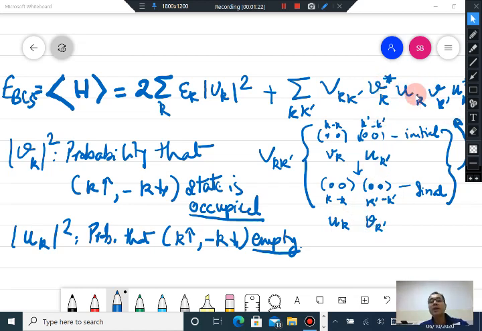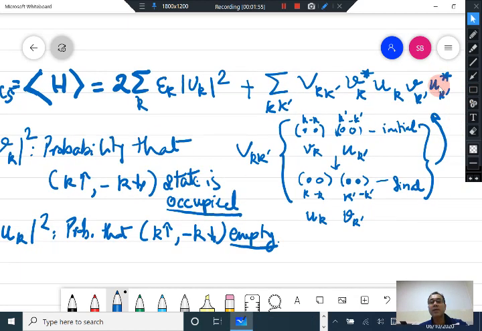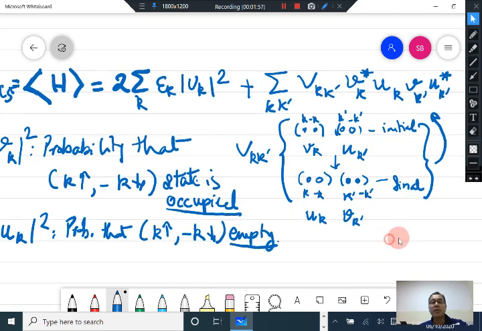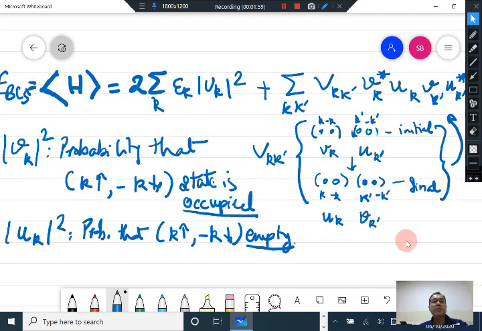These are the terms which correspond to the initial state and the final state, the joint probabilities of the initial state and final state. The initial state is Vk into Uk prime, and the final state is Uk into Vk prime. This term speaks of that joint probability. One of these joint probabilities is starred, and that is why you see the star on this, and on Uk prime star.